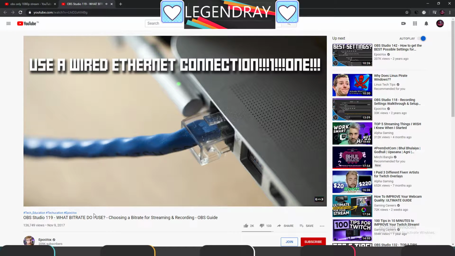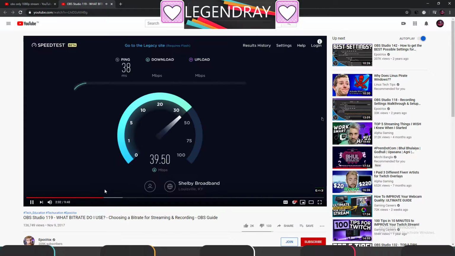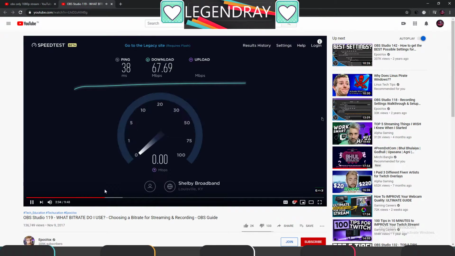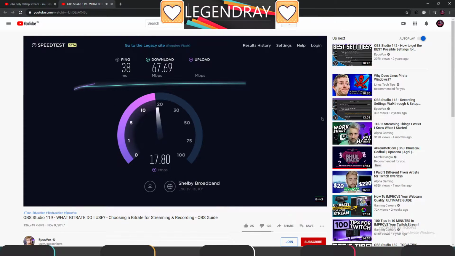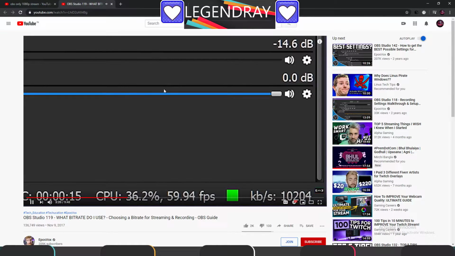Go to openspeedtest.com or speedtest.net and test your upload speed. For live streaming, the highest recommended bitrate is roughly equal to 75% of your total upload speed. Regardless of your upload speed, be it 300, 30, or 5 megabits per second, you can't push the whole speed all the time. Other things run on your network and require bandwidth,